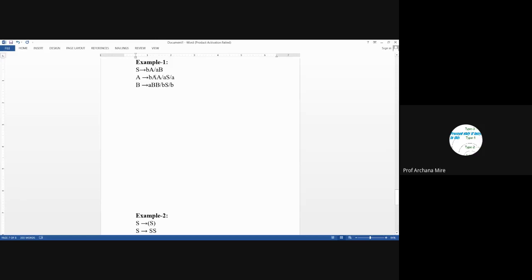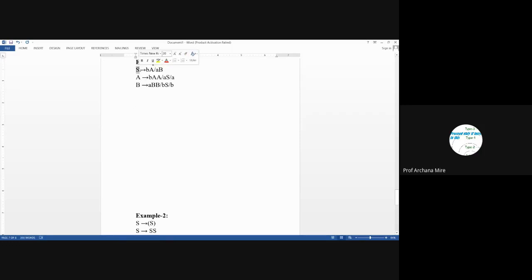Now let's check whether these non-terminals are terminating or not. Since there exists a production rule A leads to small a, the non-terminal A can be terminated. And since there exists a production rule capital B leads to small b, this non-terminal can also be terminated.